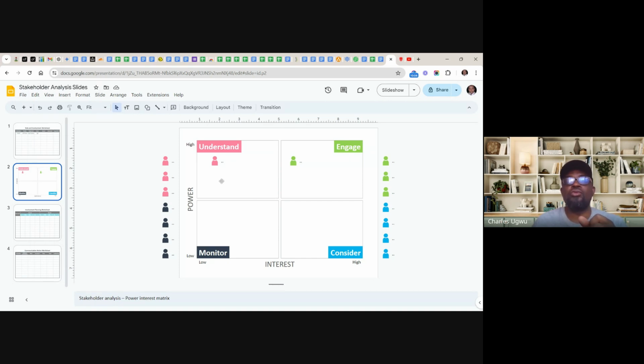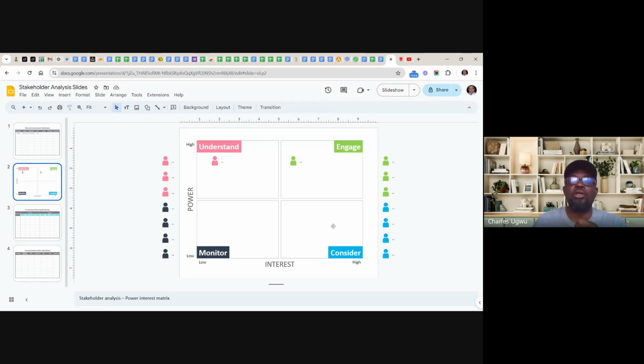I've tried to clear up the powerful people in the project. You have to find a way to understand where a stakeholder belongs and drop them there. Which quadrant you drop them in will determine the kind of approach, the manner of communication you will use towards them. So when you understand this, it will determine the communication approach you are going to use.